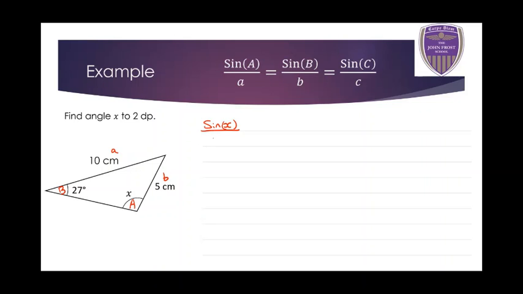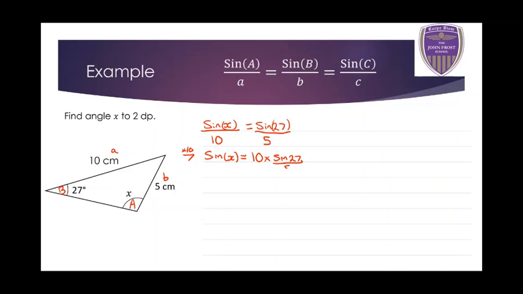Side A was 10. Angle B was 27, so sine 27, and side B was length 5. So let's rearrange the equation. I want to get rid of this 10 on the left-hand side, so I'm going to multiply both sides by 10. That leaves me with sine x equals 10 times sine 27